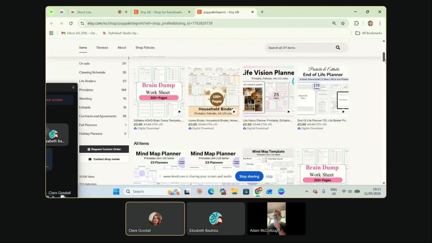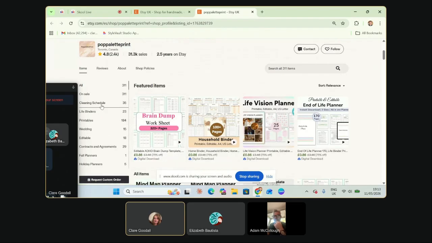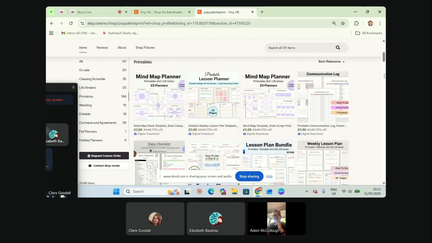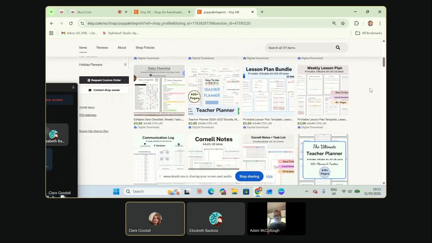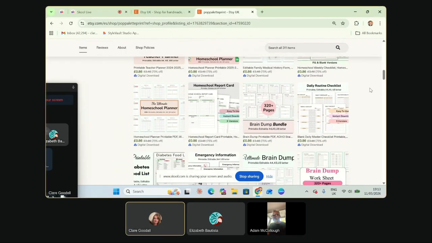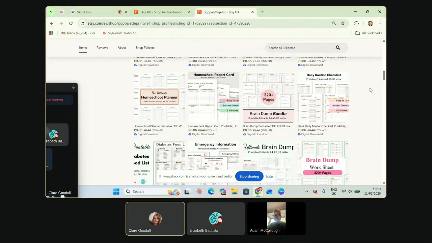Okay, so we can look down their listings and we can see that they're really focused on the principles. But principles is a bit vague if you ask me, it's quite broad. Here we've got lesson planners, mindset planners, mind map planners, weekly lesson planners. So this makes me think that it's more like teacher resources. Homeschool planner,